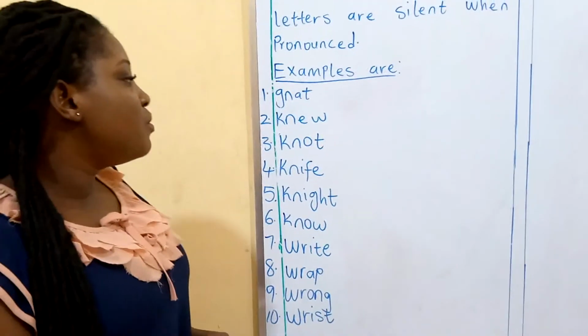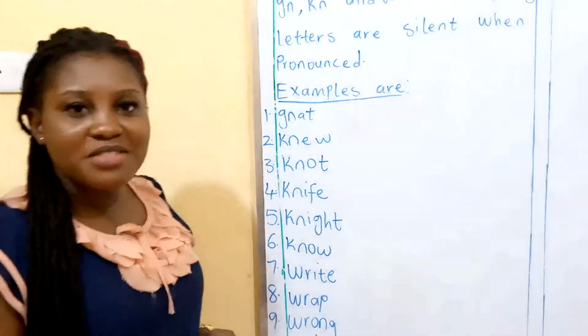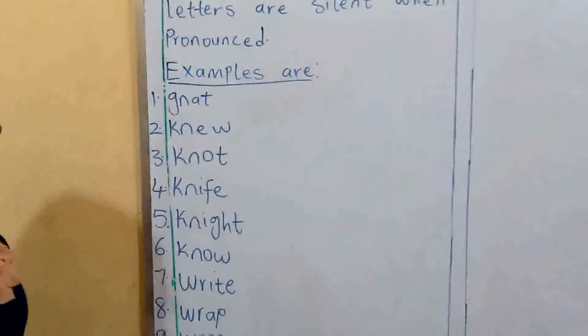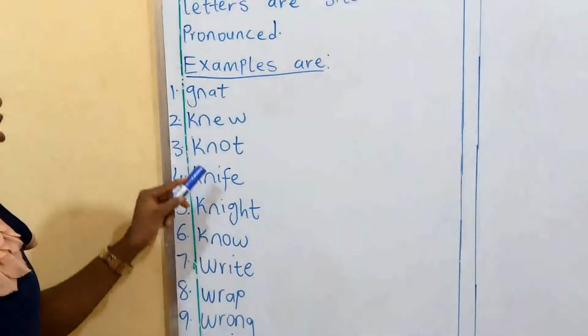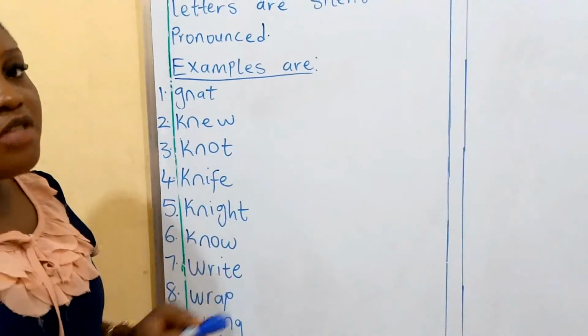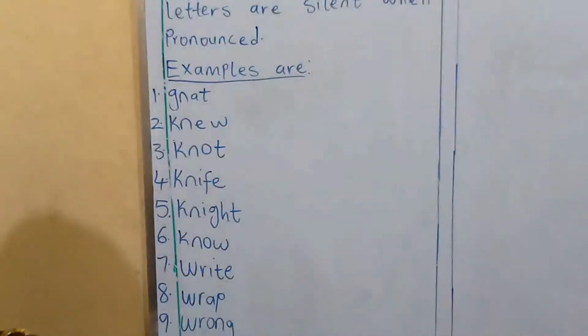Okay, now, have you seen number 3? Lovely. Who can pronounce number 3 for me? Look at it closely. If you said cannot, you are wrong. But if you said not, you are correct. Is it cannot? No, it isn't, because the K is silent. So what's the correct pronunciation? Not.